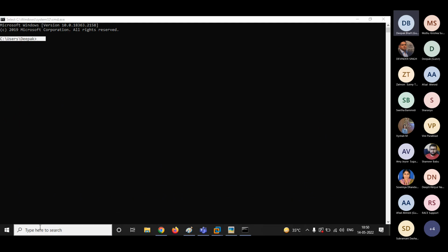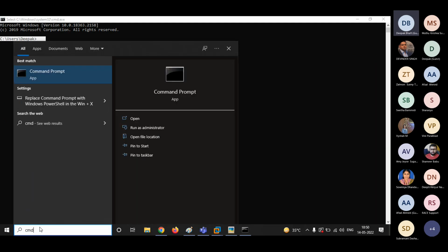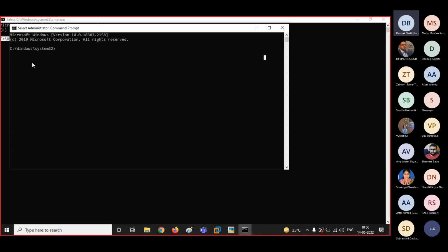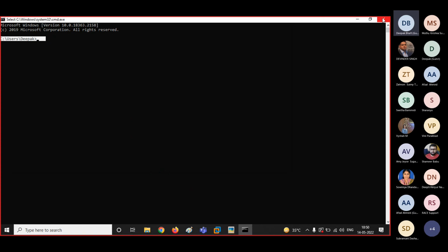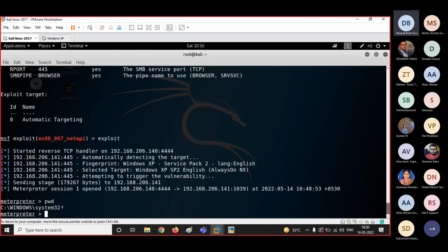But if you open your command prompt with administrative rights, you always get the terminal like this: C Windows System32. That is the reason we are saying that we have got the target machine as an administrator. You don't have to escalate your privilege because the privileges you're getting right now are of admin.